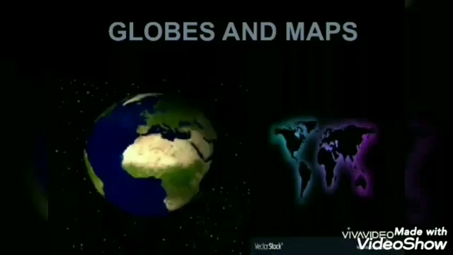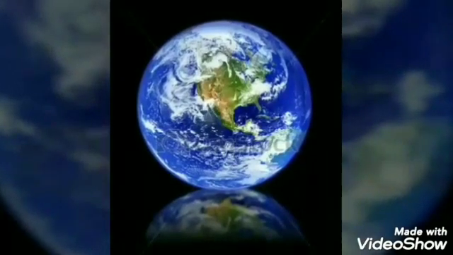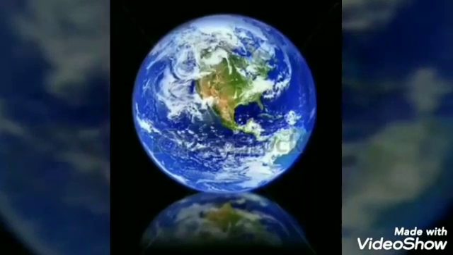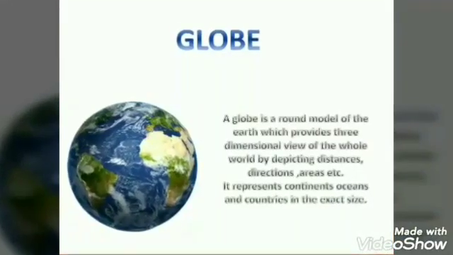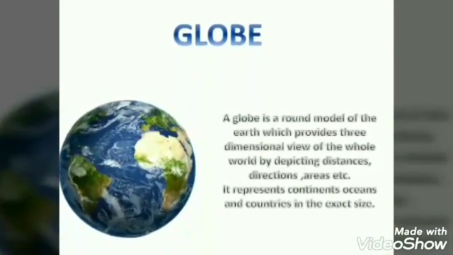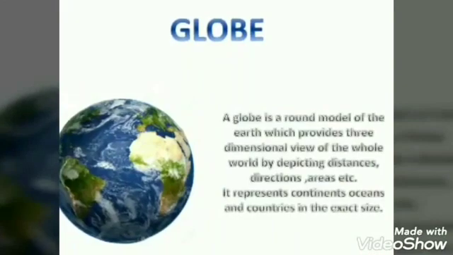Do you ever wonder what exactly is the shape of the planet Earth? Long ago, people thought that it was flat like a coin. But later on, when pictures were taken from space, we got to know that the Earth is actually spherical, like a sphere. To make the study of this huge spherical Earth easy and on a smaller scale, geographers discovered globes and maps. A globe is a round model of the Earth which provides a three-dimensional view of the whole